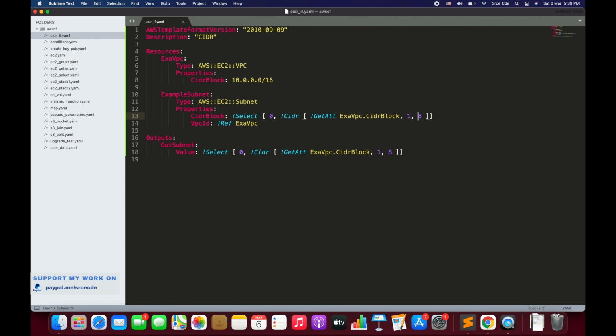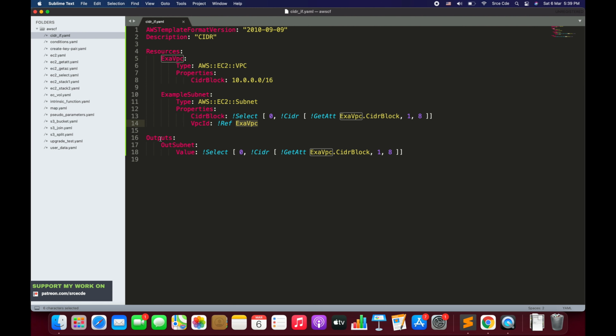So it's 1 followed by the CIDR bits, that is 8. I have already covered the Select function and GetAtt function in the previous tutorial, so I will post the link of those videos in the video description if you want to refer. That's CIDR block followed by the VPC ID. Here we have used a reference to the example VPC that is defined on line number 5.